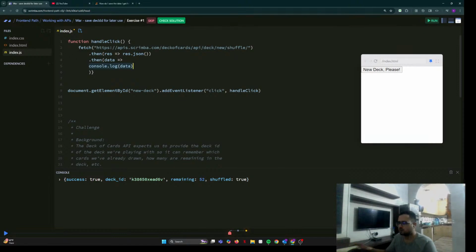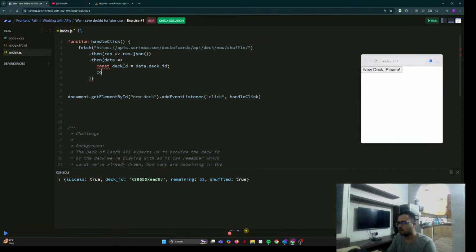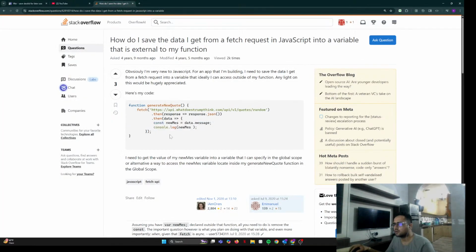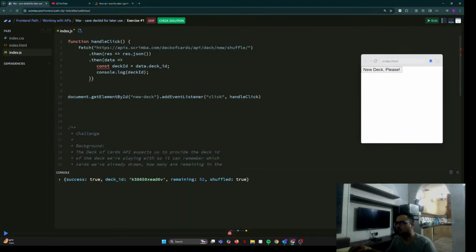Let's const deck id equals data.text id, console.log text id. But why is it showing this? Why is it showing this? Okay, I haven't used